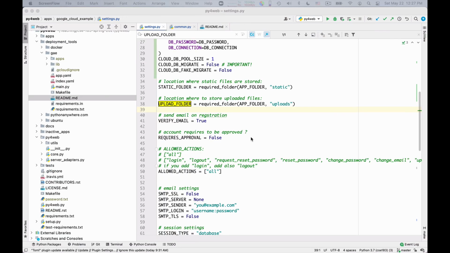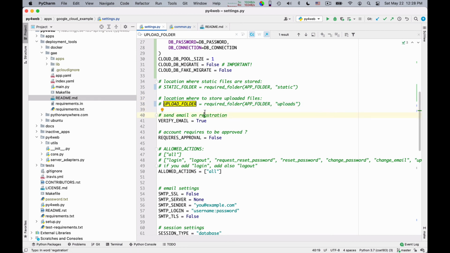Finally, there are another couple of changes we need to do. There is an upload folder, which is where the uploads go, and there is a static folder, and these folders are created on demand. Now, in the Google Cloud, the file system is static, so we cannot create anything on demand. We have to comment out these 2 lines, this one and this one, and correspondingly, we have to go in common.py.